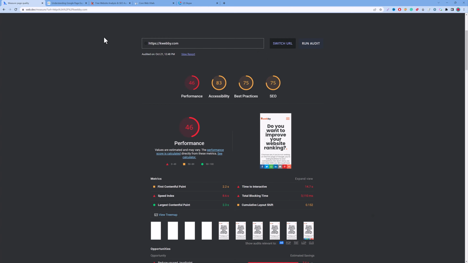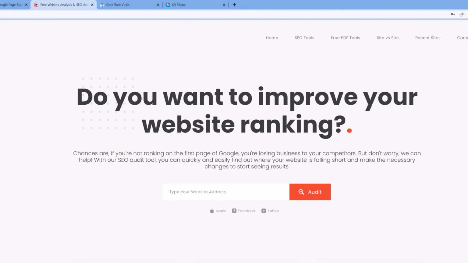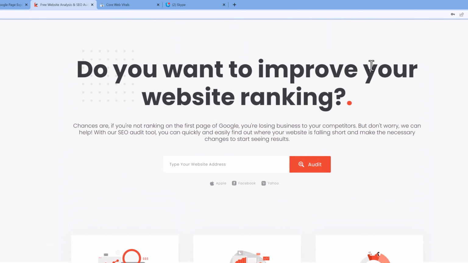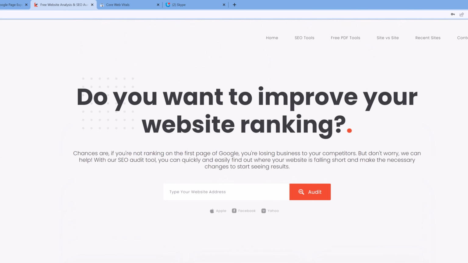So here, as you can see the structure of your website, let me tell you the structure of my website. I will be using my website just to give you an explanation of all these Core Web Vitals. So here is my main website, which is on PHP and JS. It is a static or custom coded website. It has various SEO tools and free PDF tools out there, and checklist content which is also coming